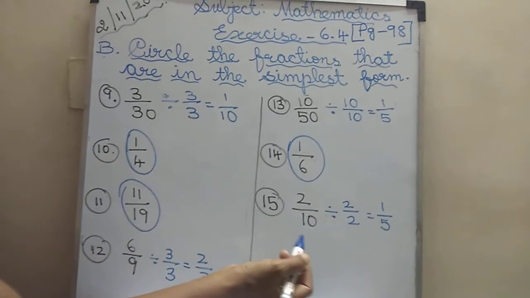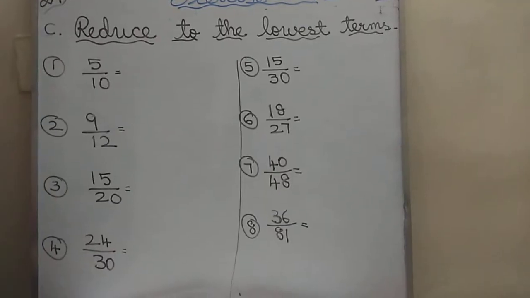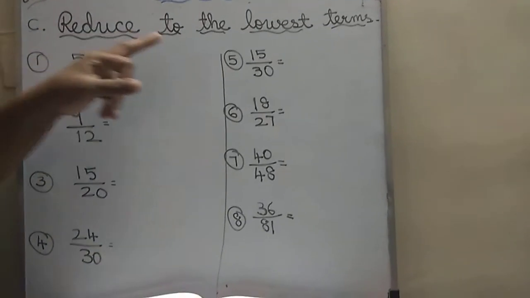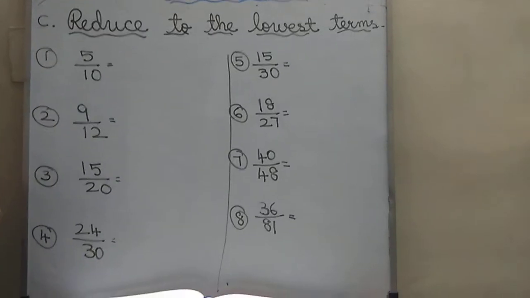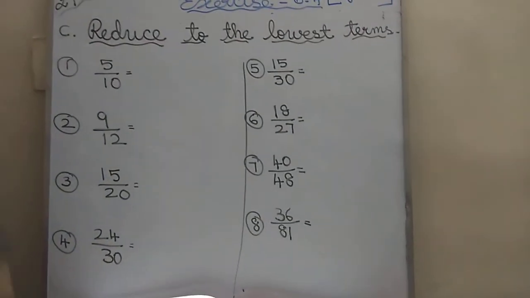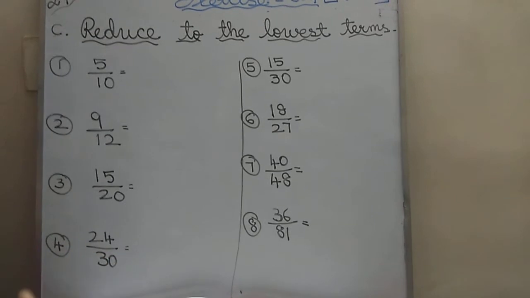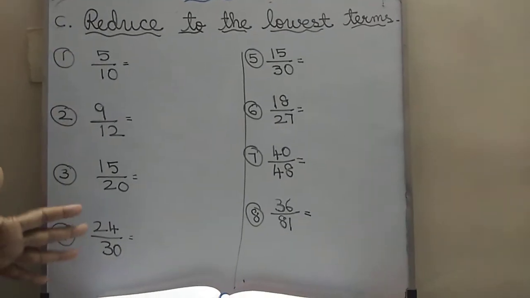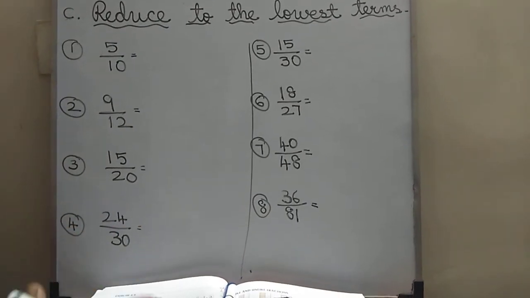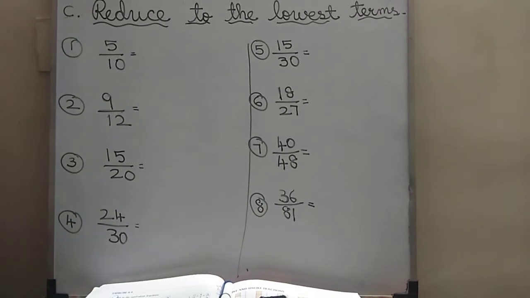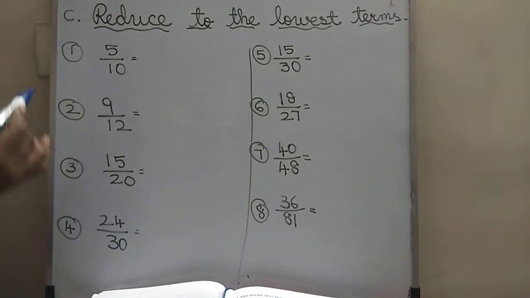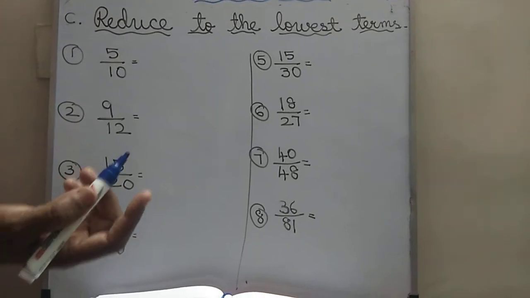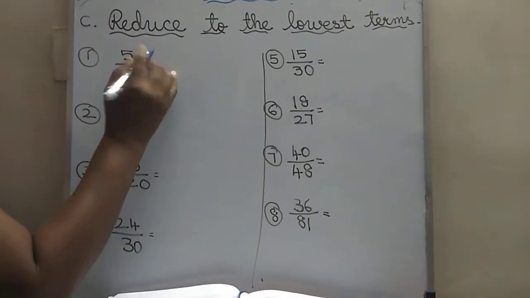Okay children, now we'll go to the C1. Okay children, we'll see the C1. Reduce to the lowest term. See, lowest term, simplest form, everything is the same only. Okay children, what you have to do? Like what we did in the fill in the equal, everything is the same only. Okay children, but the method they have given is different. So don't get confused. Okay children, see now same 5 by 10. 5 by 10, these 2 both go in which table children? 5 table it goes. So what will come?